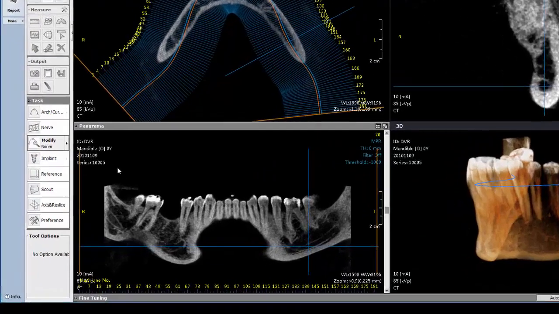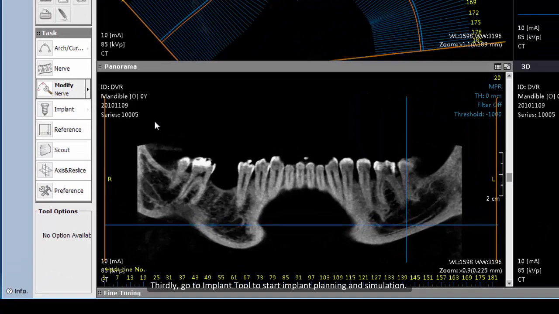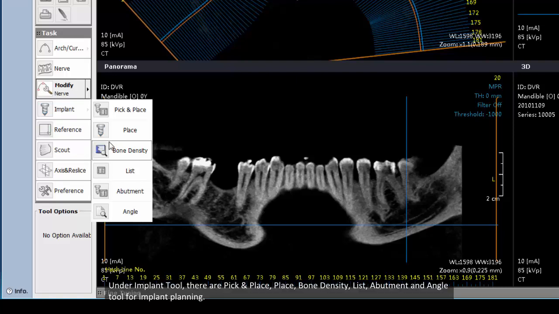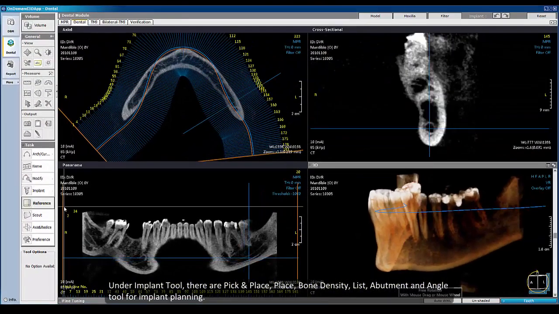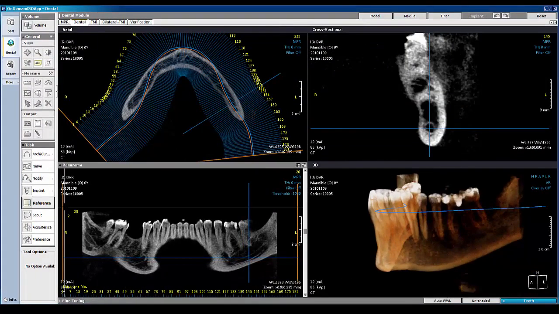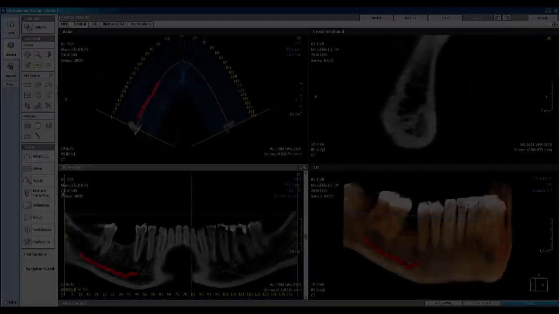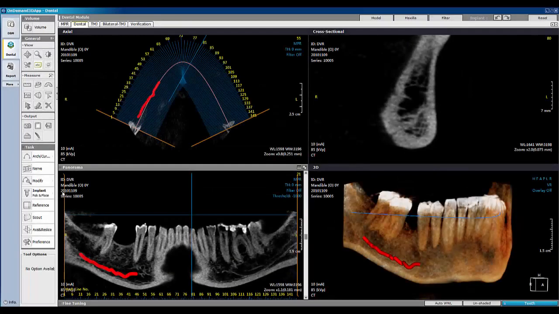Thirdly, go to the Implant tool to start implant planning and simulation. Under the Implant tool, there are Pick and Place, Bone Density, List, Abutment, and Angle tools for implant planning. Before an implant fixture is placed, we recommend you press Reference, where 2 blue reference lines will be shown in a cross-sectional pane. Then click the Pick and Place tool,